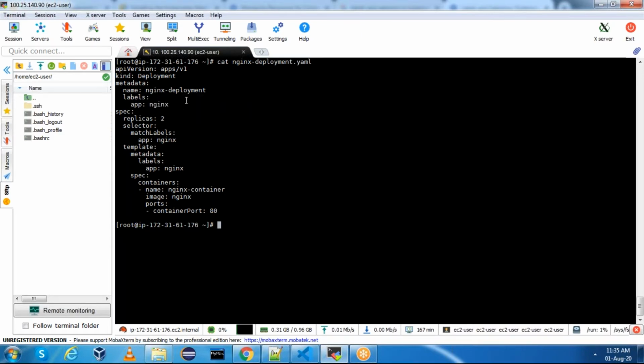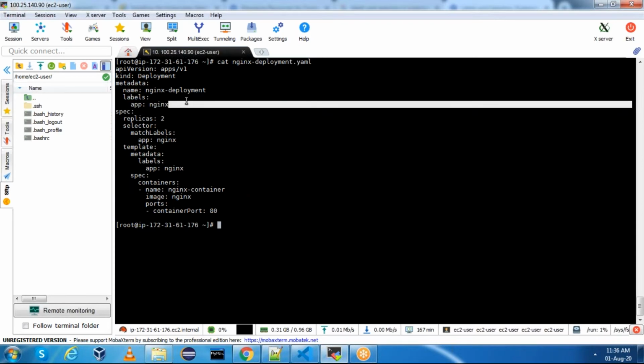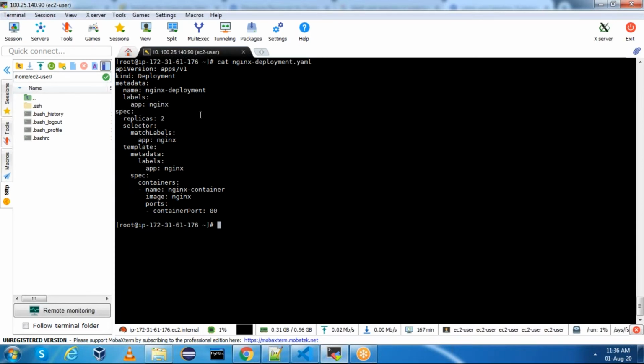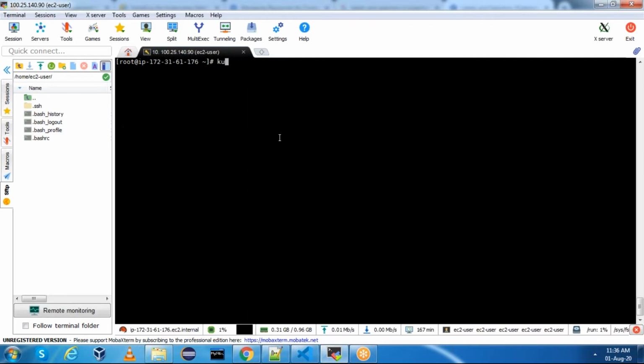Okay, if you see this metadata labels, it gives a label for the actual deployment. If you see, nginx-deployment is the deployment name, and labels app nginx is the label for the deployment. Okay, if you want, you can just run it. Let me run it. I'll explain easily. kubectl apply -f nginx-deployment. Perfect.